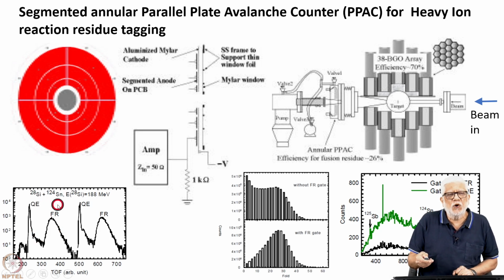So, particles of the order of 150 or so, where the complete momentum dissipation is there, and so they are slower. So, in the time of flight spectrum, you see them very clearly, and you can distinguish them very nicely